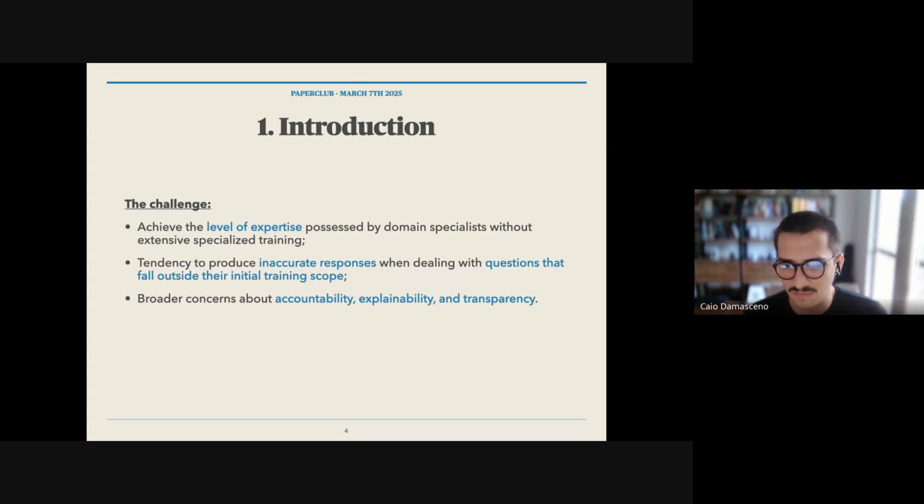So if you ask something brand new to them, they might invent stuff instead of actually thinking about what you're asking and trying to compile their knowledge to respond. So that's a tendency that we need to avoid as well. And also concerns about bringing knowledge to science, actually, because this strategy might fall into the error of creating a black box of knowledge.